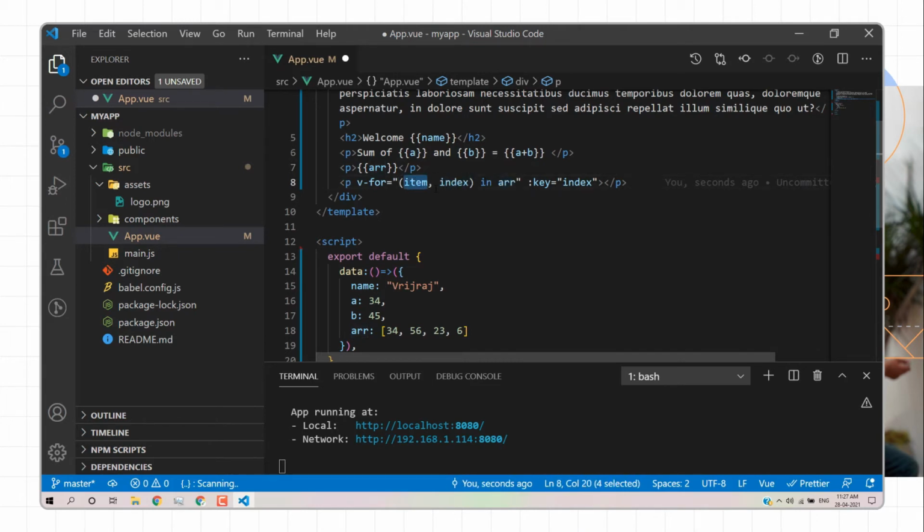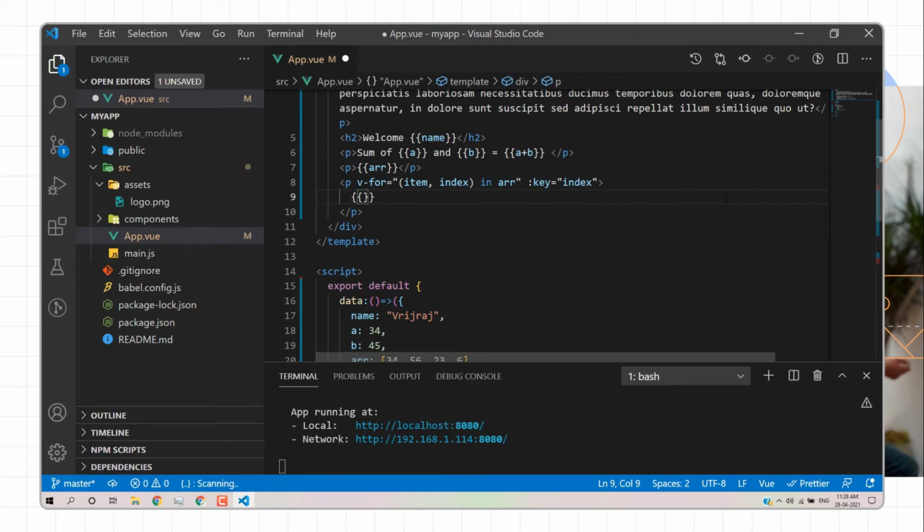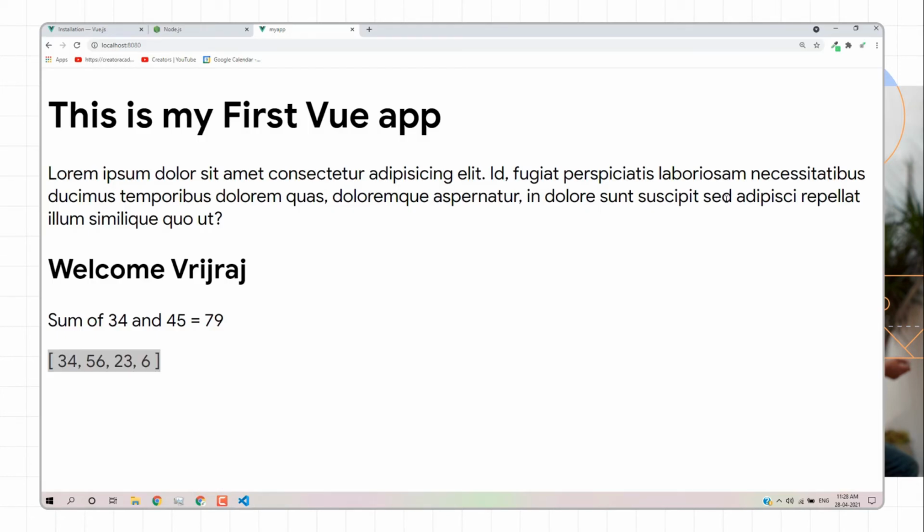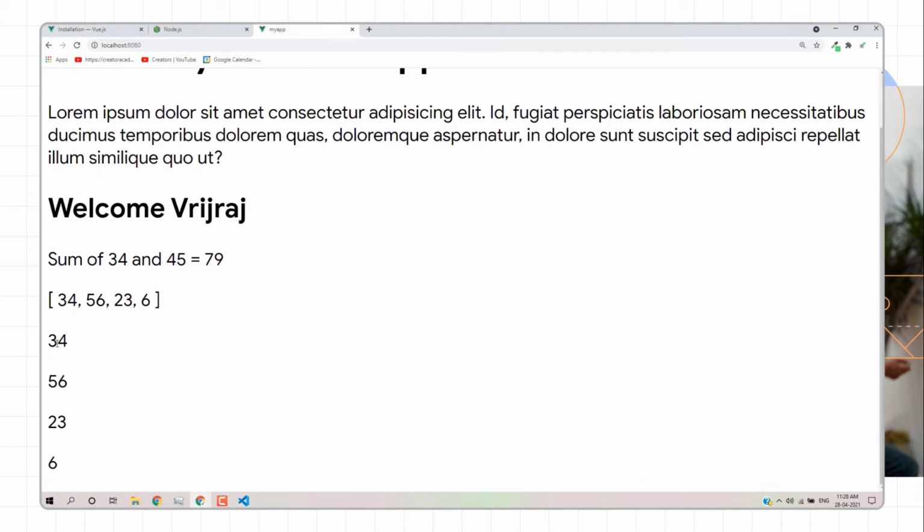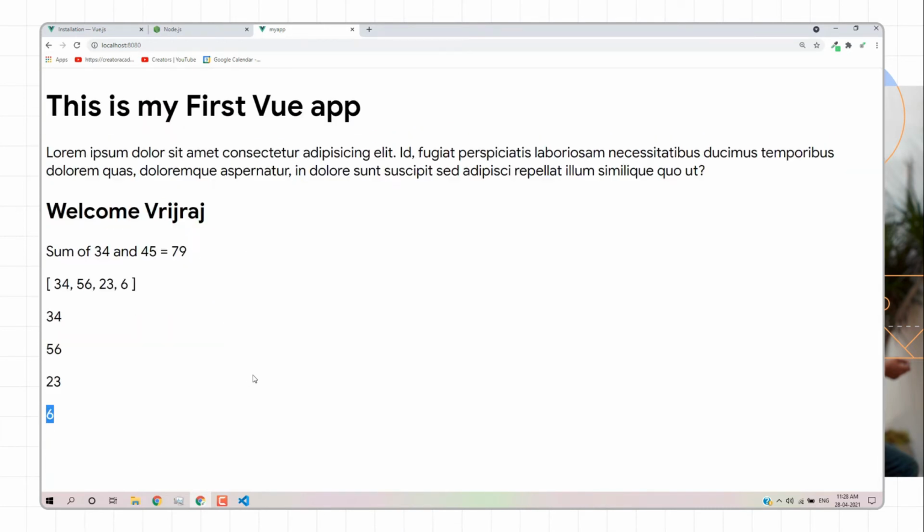The key, and here we can mention the index. The key should be unique. Now we can print the item. The item is the element. So we have the data 34, 56, and so on. This is very easy again. I'll just comment this logic out for now and reload this page, so it's working.